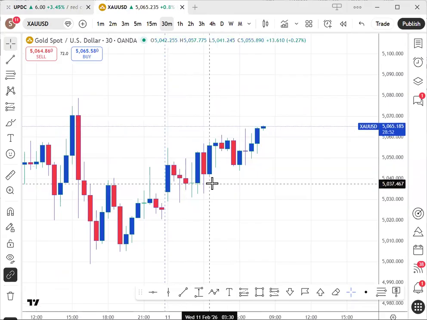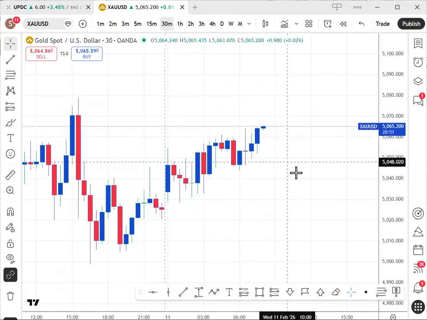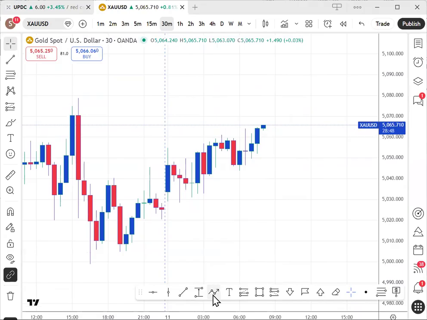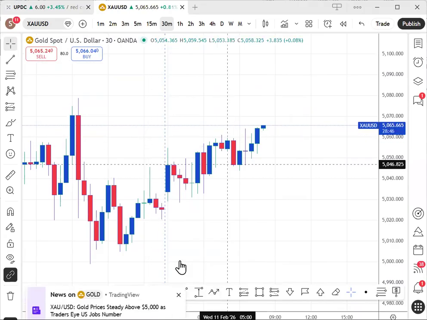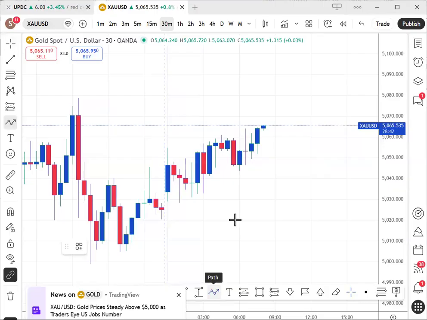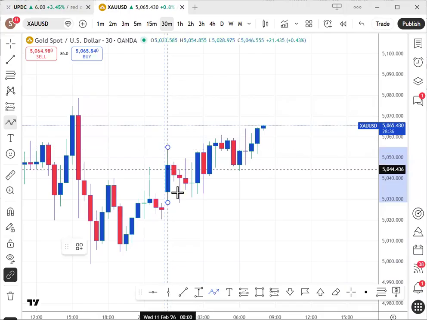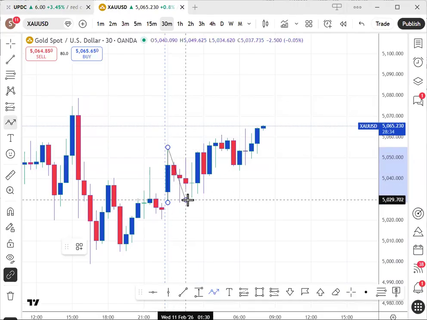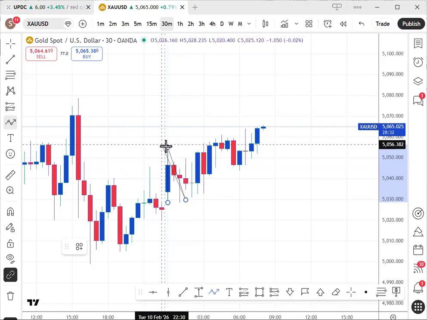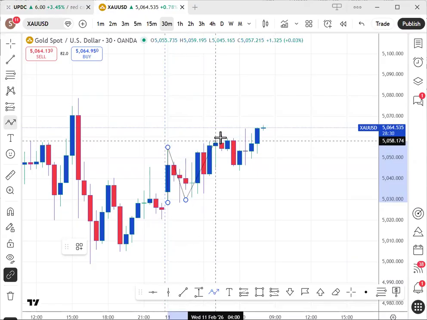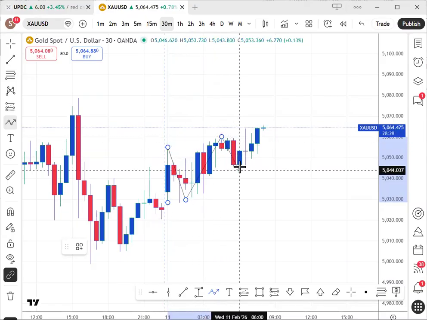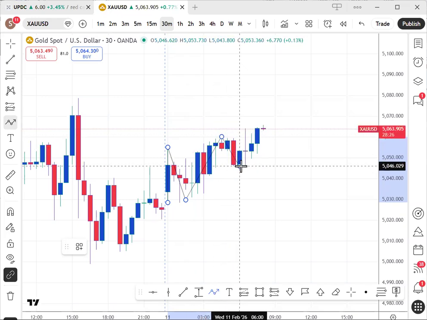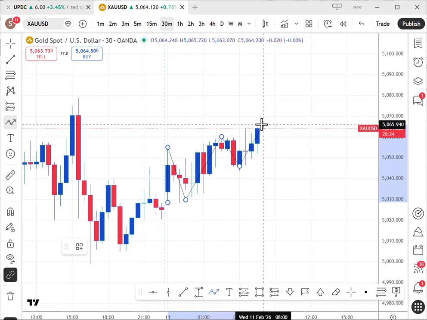Anyway, so let's look at our three questions and look at what price is doing. So this is gold, and we like to ask those three questions every time. What has price done overnight? This is the beginning of the day, right? Price started, went up, came back down, and then gave us a nice break of structure there, right? And then pulled back. You can see the pullback, and then it's pushing up now.